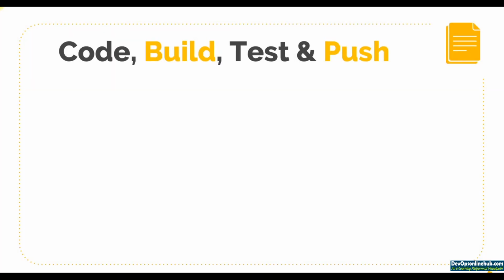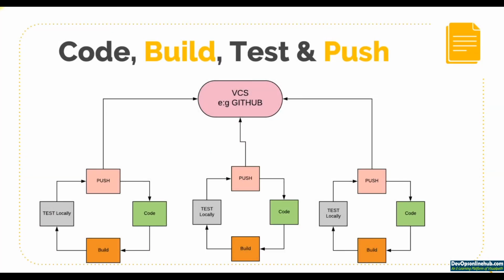Well, developers every day, whenever they're working in their agile environment, will code, build, then test. This test is them checking the feature that they developed. It's apart from the unit test and integration test. In the build, we already do integration and unit tests. The next test will be the local test. They will see whether the code they have written, the feature they have added, is working as per their requirement. If they find it good by themselves, then they will push to a centralized version control system